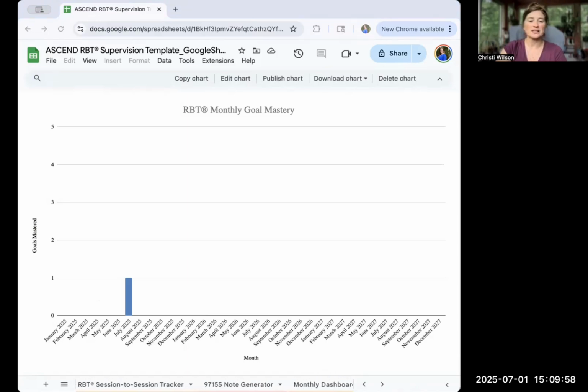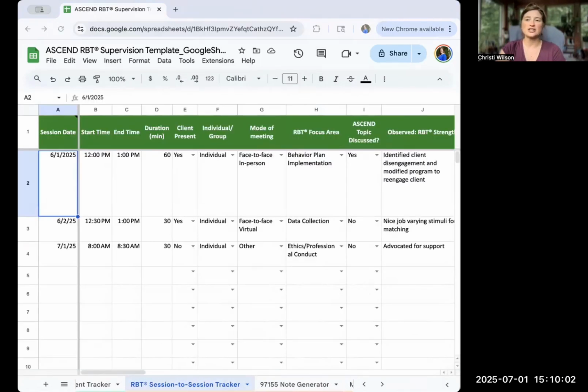Next, I want to go back to look at the session-to-session tracker. So this session-to-session tracker is the roadmap through the supervision experience. Each supervision day is logged on its own line, and prompts are provided in the headings to support meaningful feedback and coaching throughout your RBT supervision. Goals from the goal tracker also automatically populate here for easy reference. So as you can see, I've given you a couple of sample sessions. You're going to input all the basics,